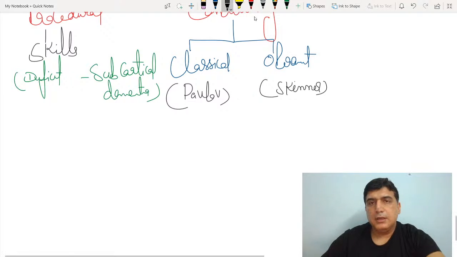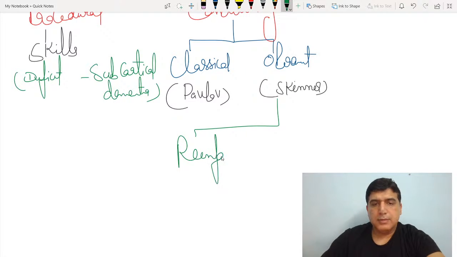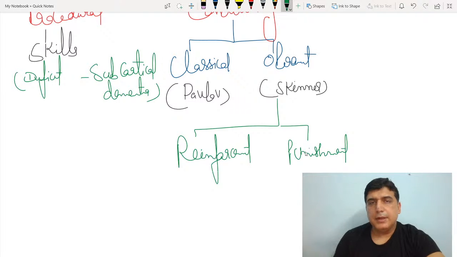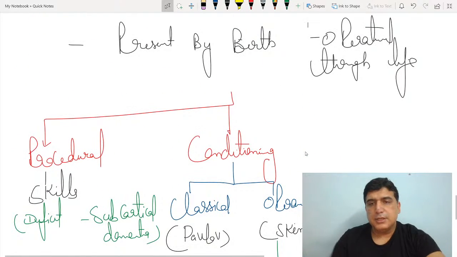In operant conditioning, we have further reinforcement and punishment. Okay, these techniques are very important for mentally retarded child, and we use it as a treatment strategy. Okay, classical Pavlov, operant Skinner. So procedural conditioning. Another subtype we have